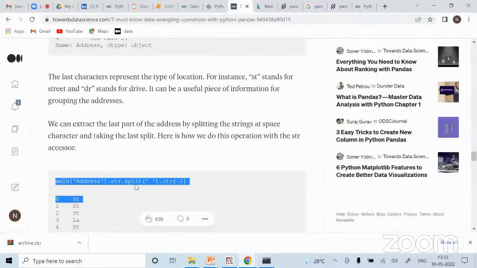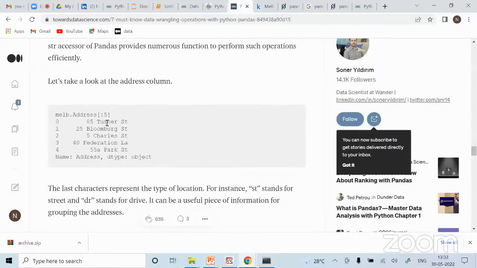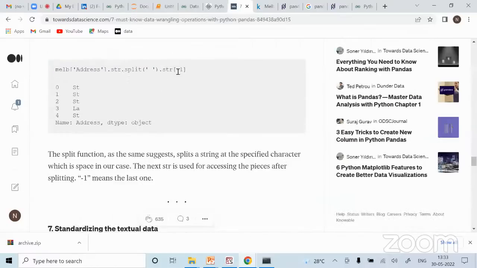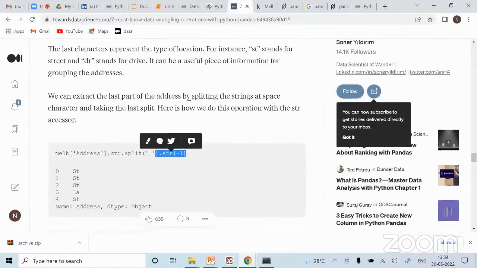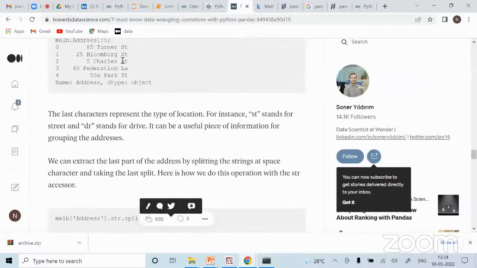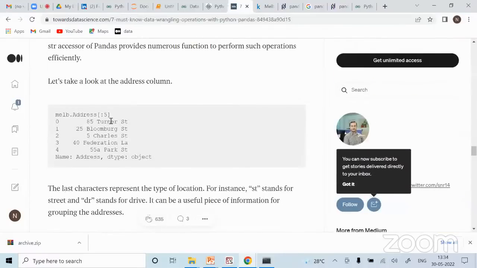So what I did, simply I did the str split. str split किया तो of course जहां भी spaces होगा, क्योंकि मैंने spaces पर split किया है, all those different splits I got. But I am only interested in the last part, so I can simply do str minus 1. When we were doing indexing, I told you that अगर आपको लास्ट पार्ट का लोकेशन एक्सेस करना है, you can do that with -1, or if you want to start from the beginning, you can do 0, 1, 2. But the problem with starting from the beginning is I don't know how many splits there are going to be. In this case there are three, but it may happen that there are just two only.